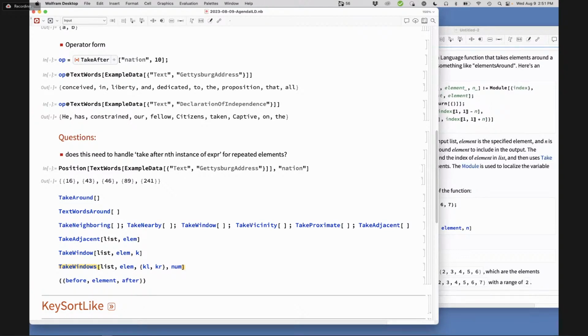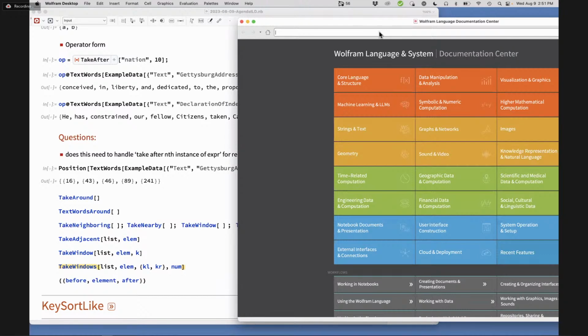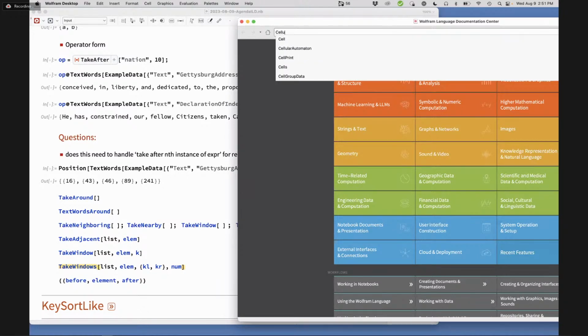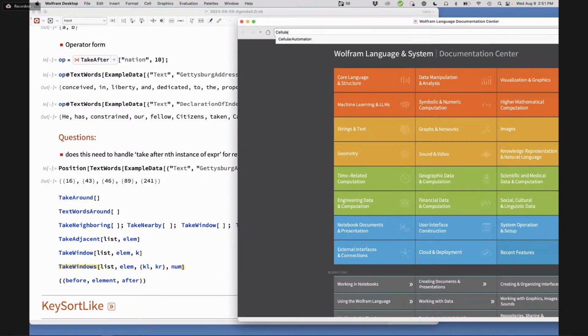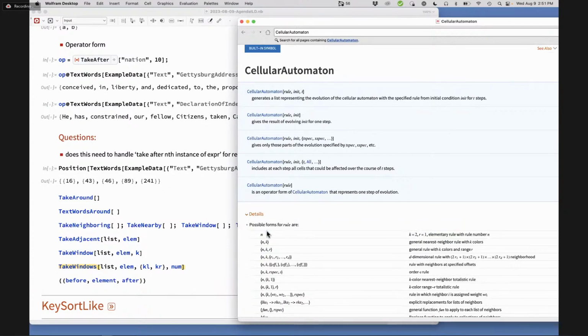Hey, that reminds me, something I would like to do with Partition, and this may be more of an LCC thing. Just like in CellularAutomaton, we now have this named association way of setting it up. I think we should do the same thing with Partition. You know what I'm saying? You don't want to remember the order of all 9,000 arguments of Partition? That's what I'm saying, yes.